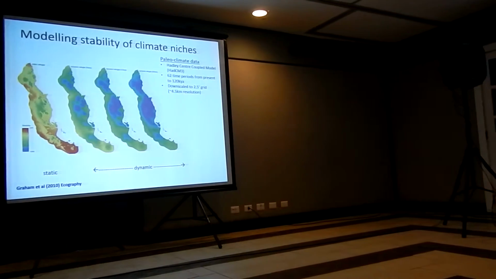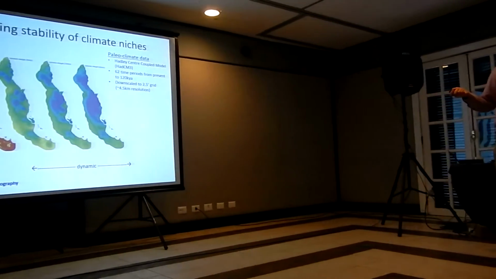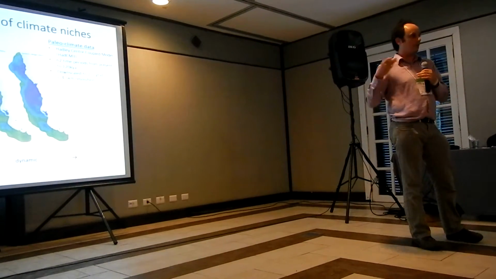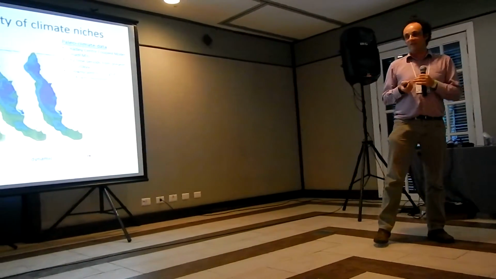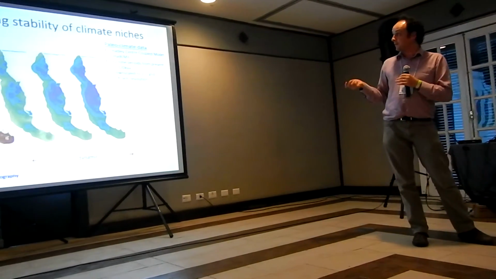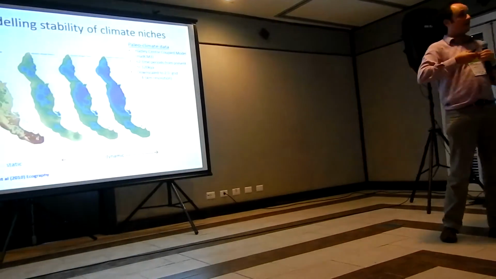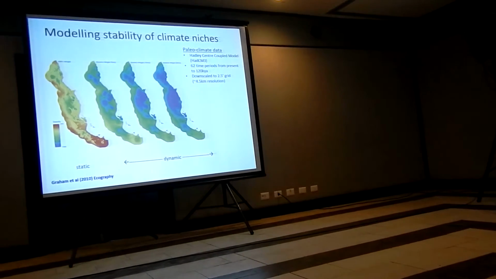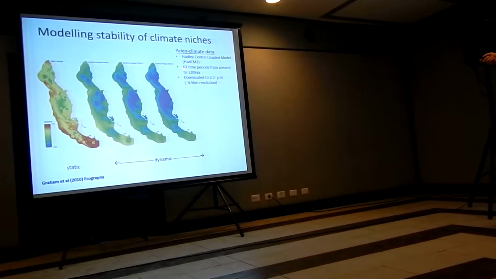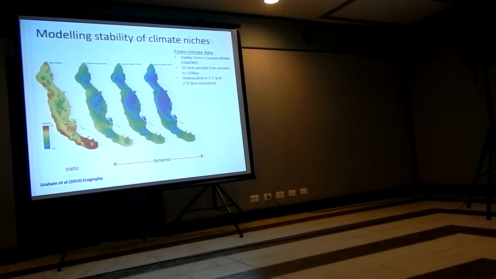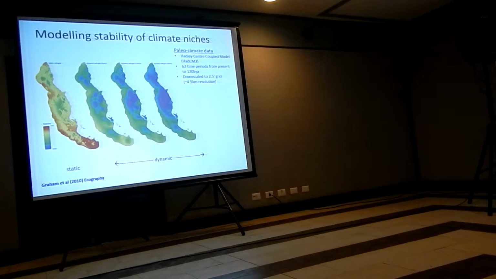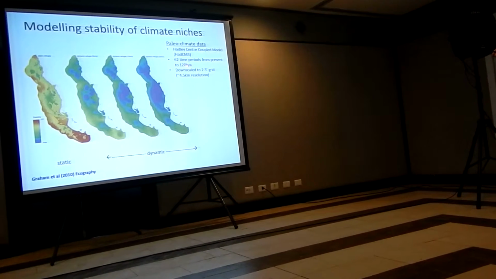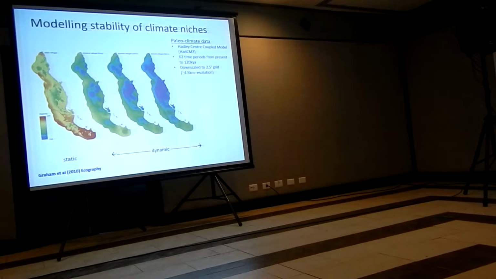Of modelling paleohabitat stability, where what you do is you take the current day distribution of the ecosystem you're interested in, in this case rainforest, and you generate a current day species distribution model, and then you project that back in time to a number of periods in the past. In this case, we had 62 time slices based on snapshot global circulation models going back 120,000 years ago, and we modelled rainforest for each of those periods.